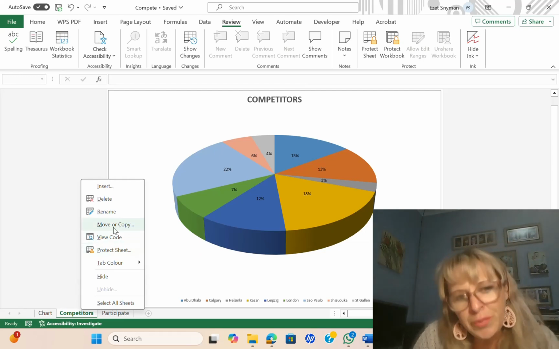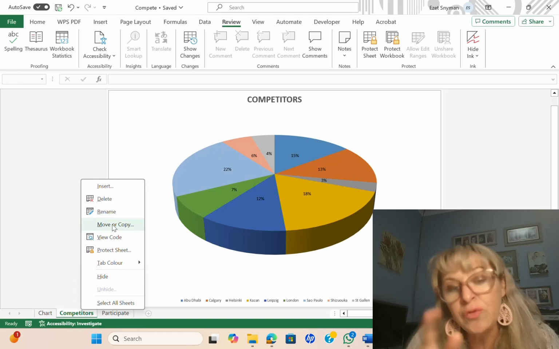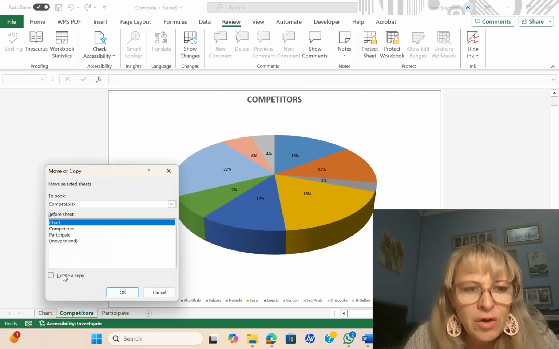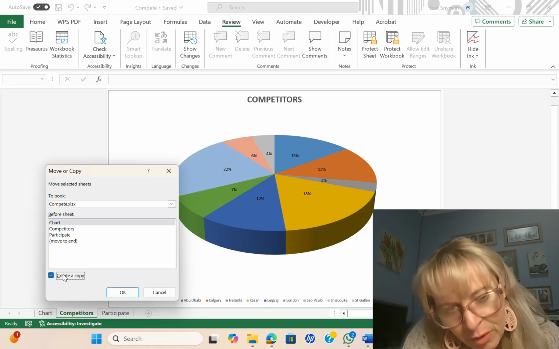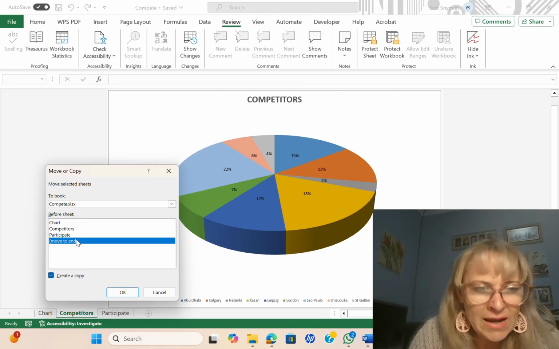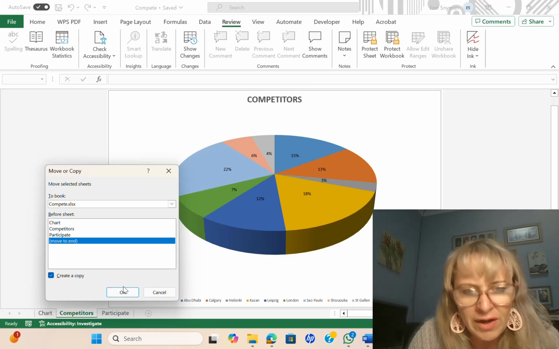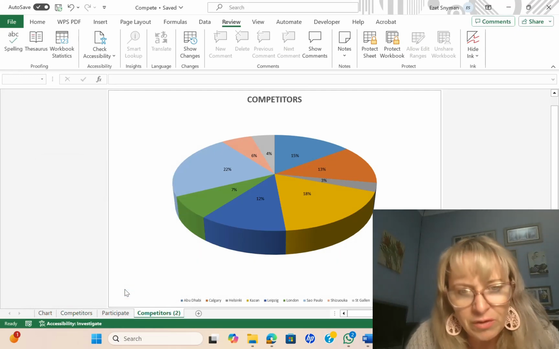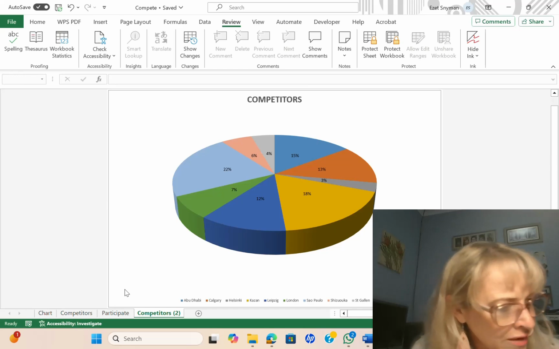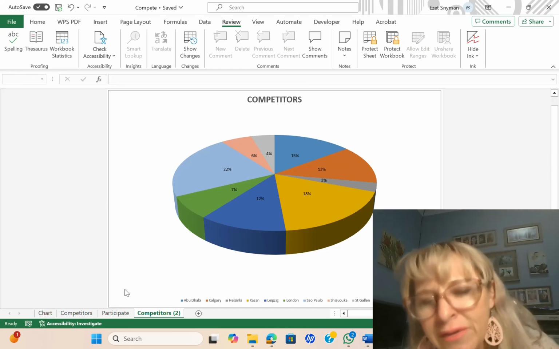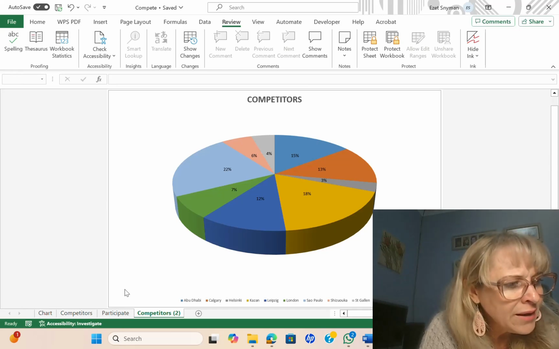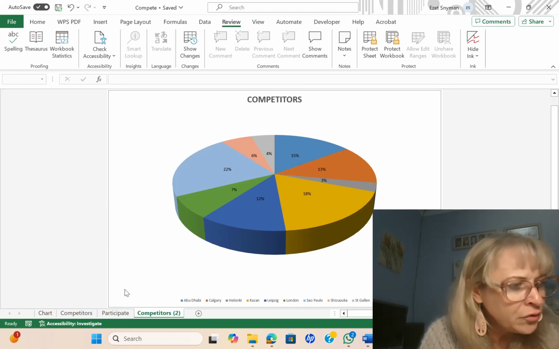Okay, so if you unprotect it, then if you right click on that sheet, it goes to move or copy. So at the bottom, you're going to tick that box that says create a copy, and we want to move it to the end. Then we click on OK. So it made a copy. Sorry about that, guys. I really had a blonde moment there. I forgot we've got to unprotect it. But anyway, it's a good thing I did it wrong, then you can learn from that. And then I moved it to the end.